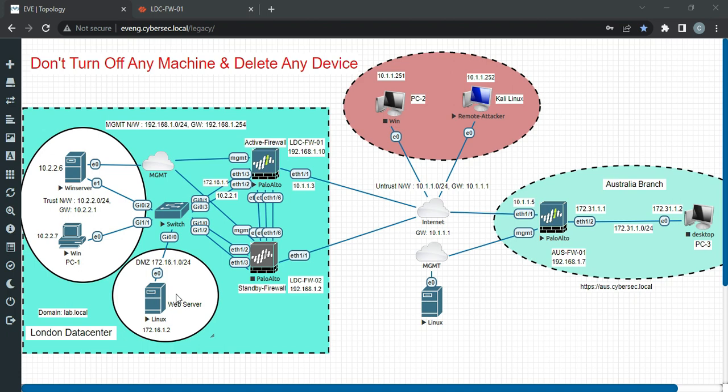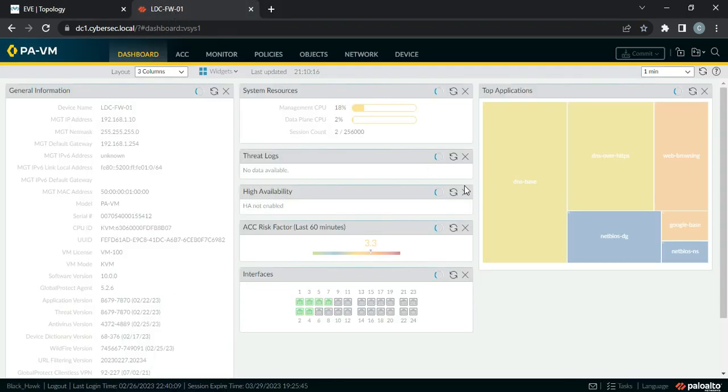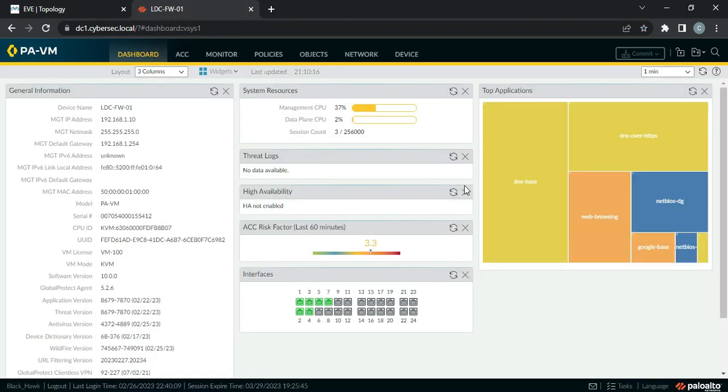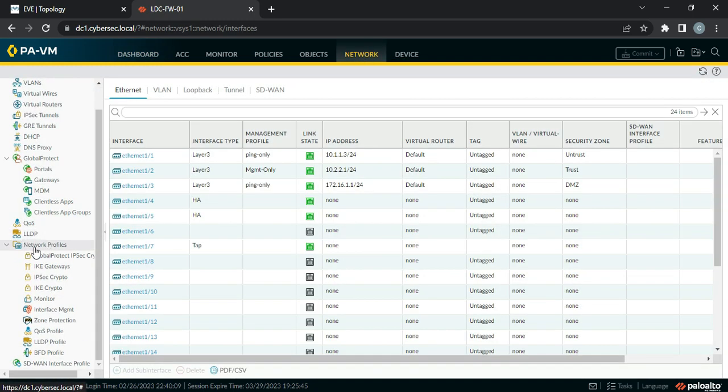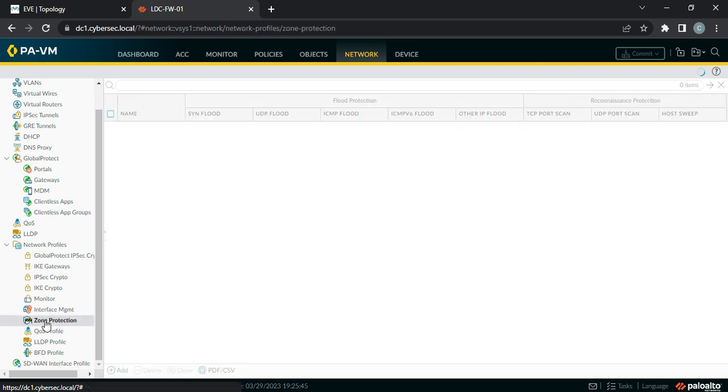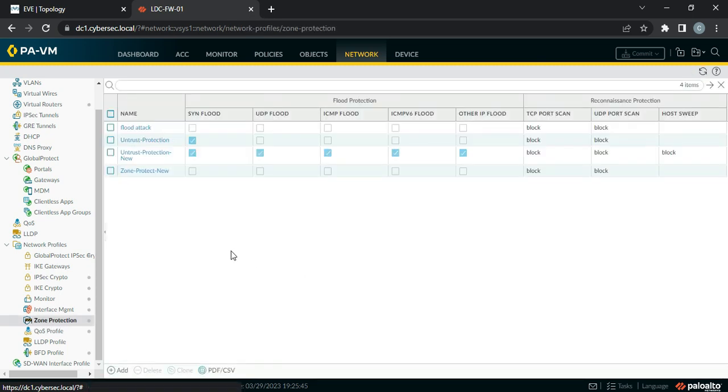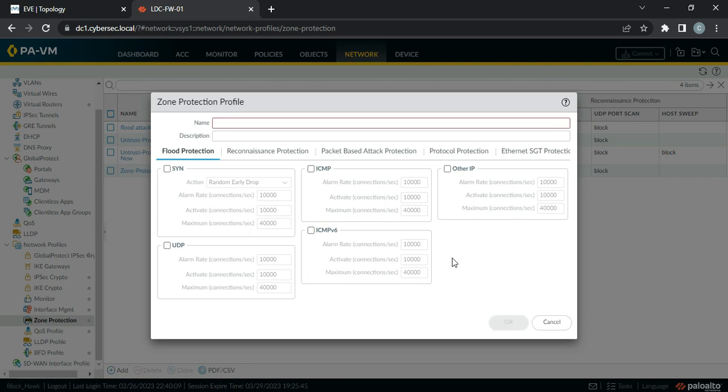In this lecture, we are going to discuss the zone protection we have from Palo Alto Networks. So, zone protection is like a wider protection you apply on particular interfaces, right? Because a zone can have multiple interfaces, but an interface can belong to a particular zone only, right? So if you go to Network, inside Network Profiles, you have the Zone Protection Profile option, right? And if you click on Add here, you can